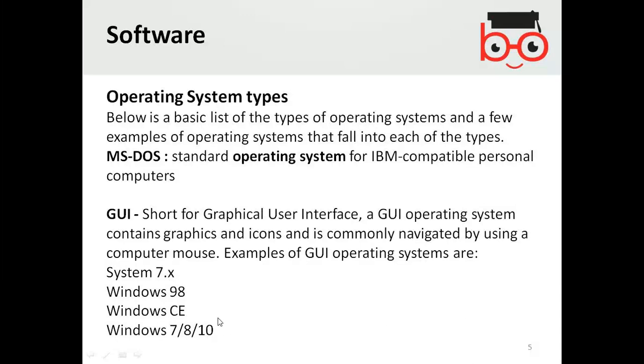So all types of Windows are graphical user interface based. No matter if it is Windows or Linux, you will find them either in the GUI or they will be console based.